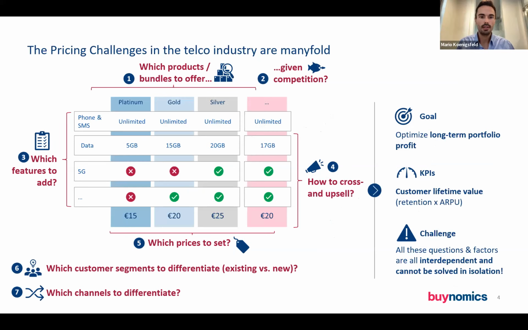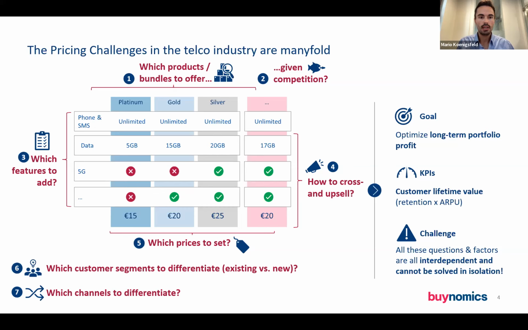Yeah, thank you, Ingo, for the introduction. I'm super happy to be on board today and guide you a little bit through the current challenges in the telecommunications industry and what we see with the wide range of our clients specifically. So in general, what challenges do we face, and what kind of challenges can we also solve with our solution in the end, is basically the main questions around portfolio optimization, product optimization, and in the end also promotions and segmentation that we want to optimize here.